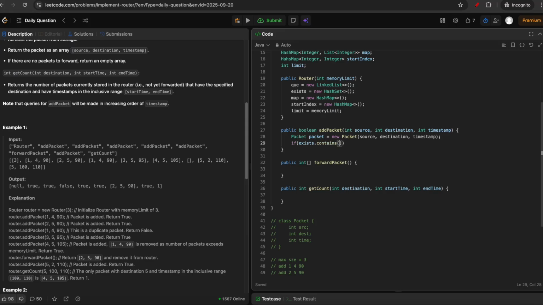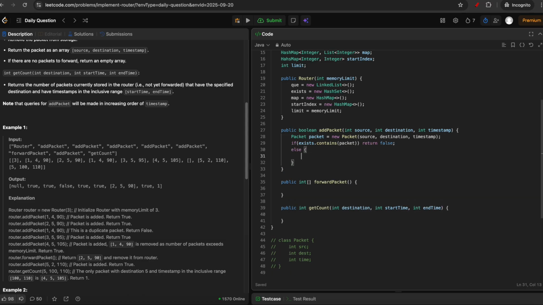Exist.contains packet. If it's already present, we do nothing and we return false. Else. Also, here we are doing hash set.contains on an object, but for the object we have to declare our custom